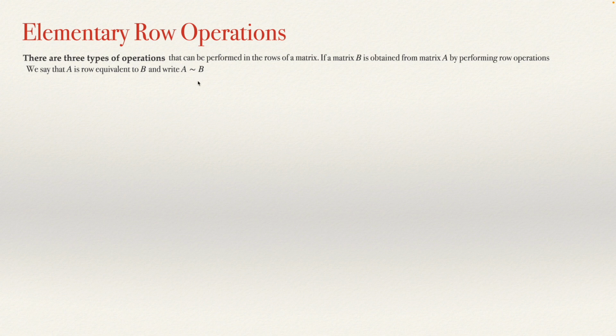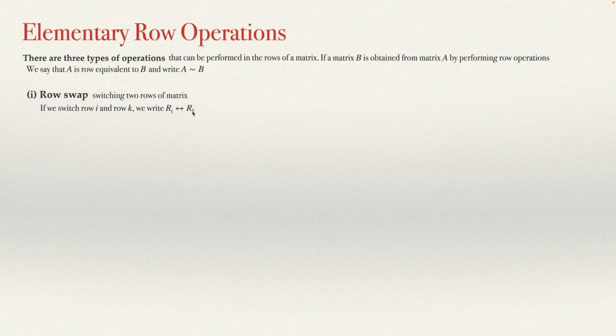There are three types of row operations, and the first that I'm going to speak about is the row swap. Switching two rows of a matrix. That's what we are going to do. If we switch row I and row K, we are going to write Ri and this double arrow Rk. So anytime that I see this operation beside a matrix, it means that I'm going to switch Ri, row I,